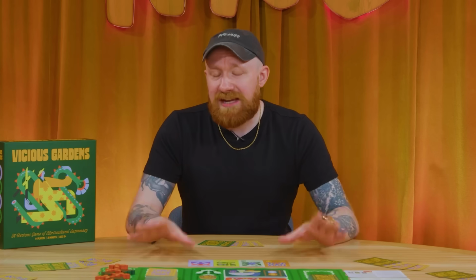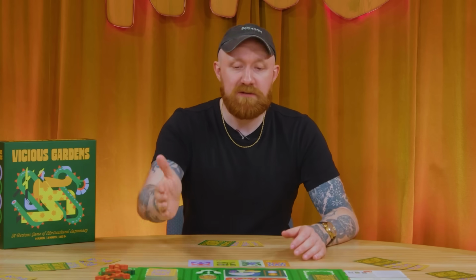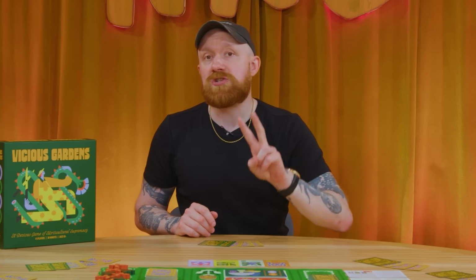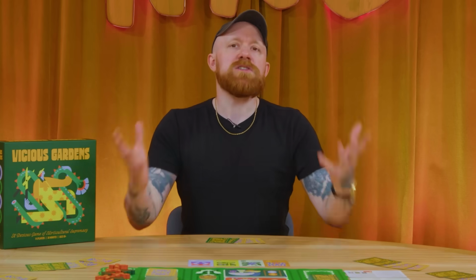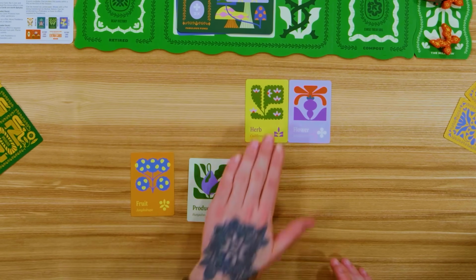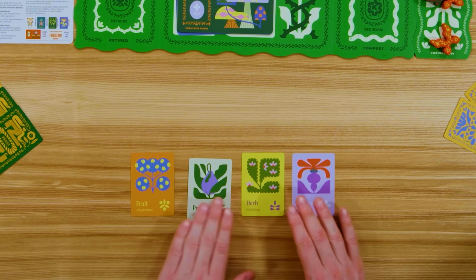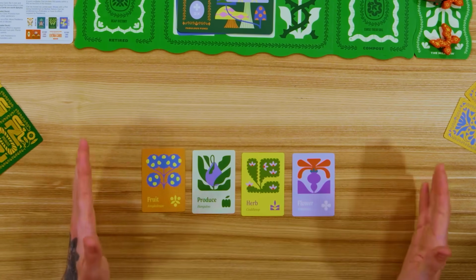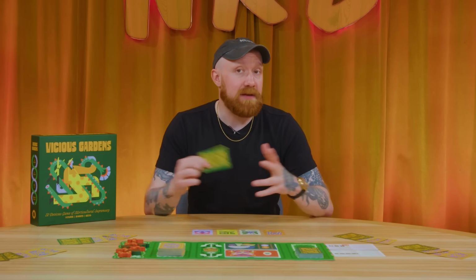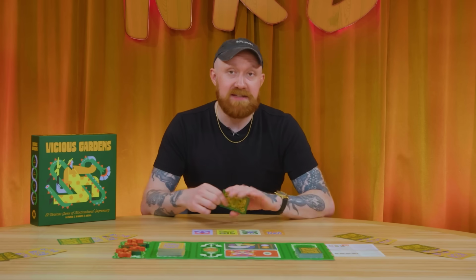In Vicious Gardens, on each turn, each player is going to have a hand of 5 cards made up of whatever combination of plants and specialists they would like, although starting the game everyone has 3 plants and 2 specialists. In front of them you must imagine that they have 4 different plots in which they can plant fruit, produce, herbs and flowers, but only one of each type of thing per plot. On a turn in any order, players can plant, harvest and play specialist cards from their hand however many times